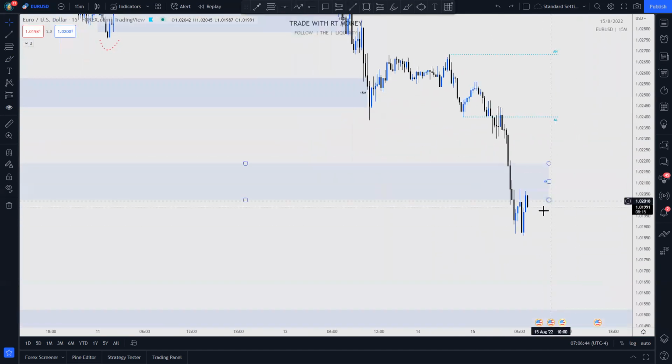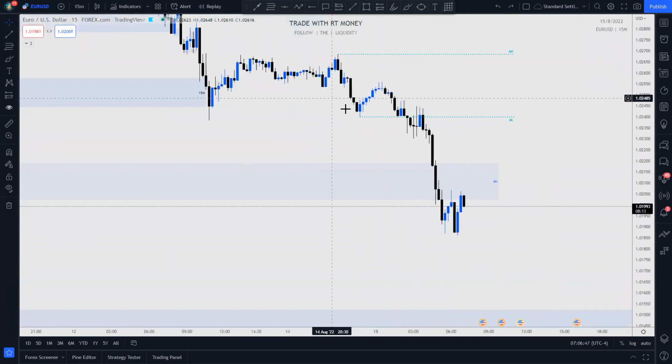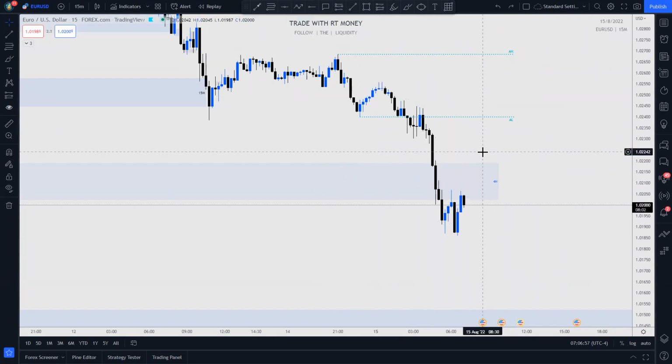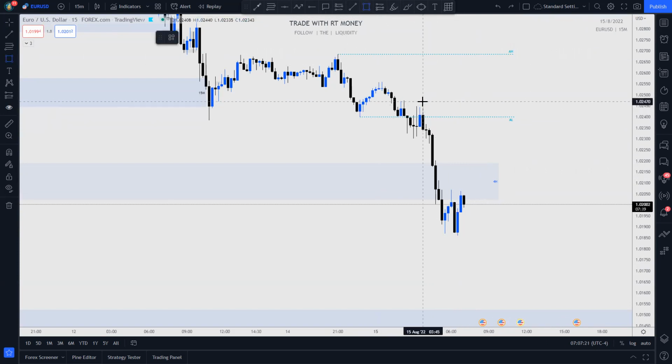Asia session plays a big part. The highs and lows of Asia are usually revisited because of the liquidity that it leaves behind. There's a lot of liquidity at the tops and bottoms of Asia, and London usually raids the top and then seeks the bottom through London and New York, or the very opposite happens. It comes down, takes the bottom, and then through London and New York, we'll see the tops taken out. This time I'm looking for the bottoms to be tested, and there happens to be a